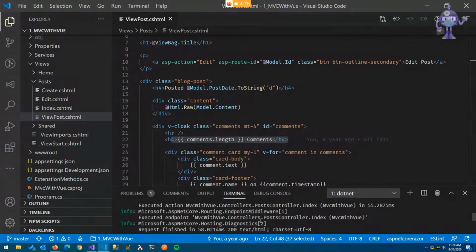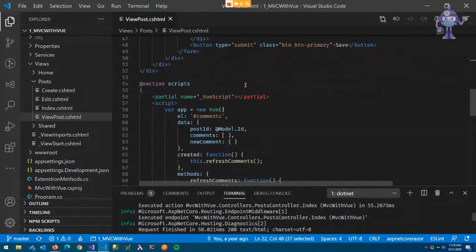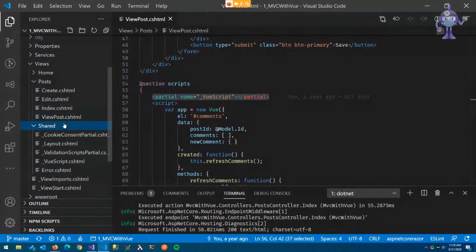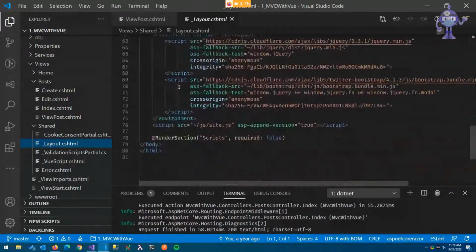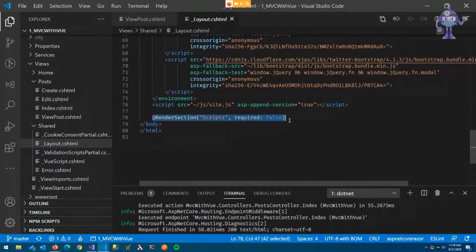Awesome, thanks. So I'm actually going to scroll down the page a little bit more. And you'll notice that I have a section for scripts. Real quick, what's this @section syntax do? So @section is a section. It's going to reference my layout file. And if I scroll down here, you'll see a RenderSection scripts. So that's basically a way for you to tell